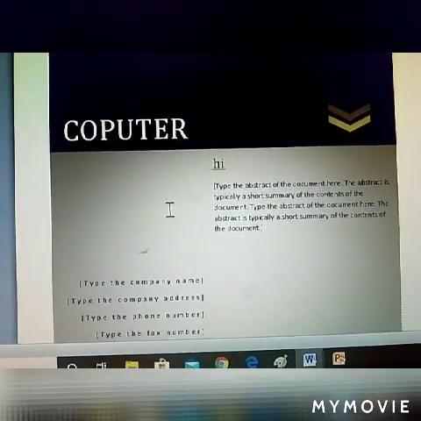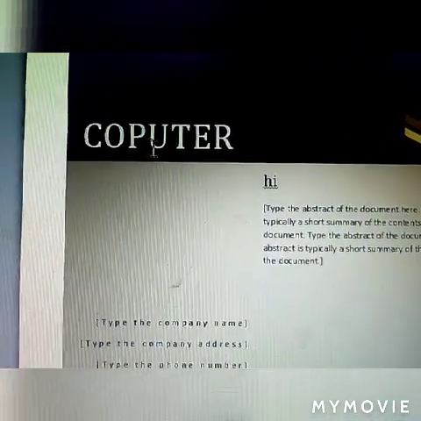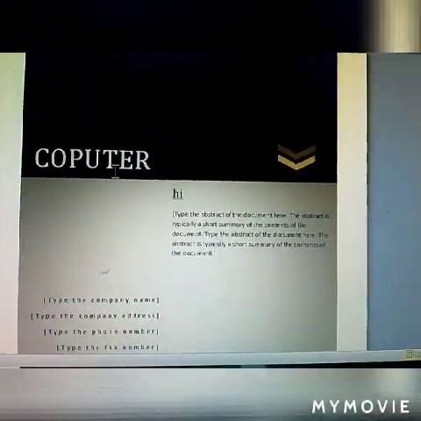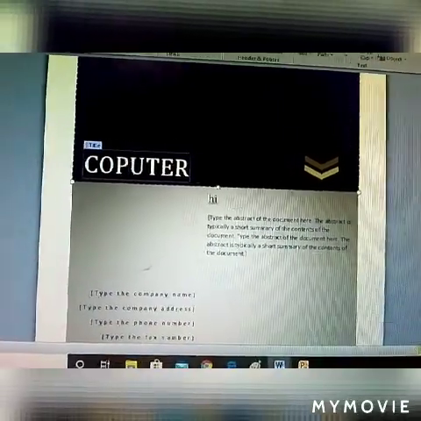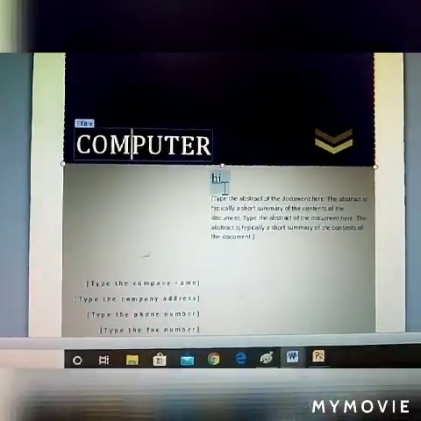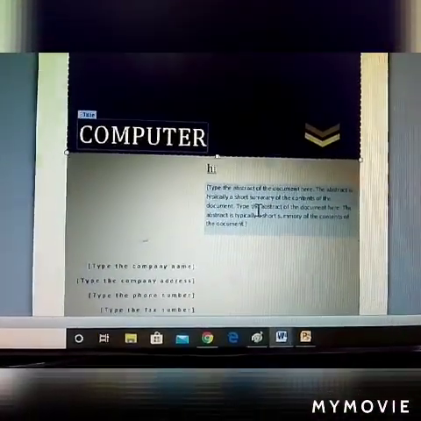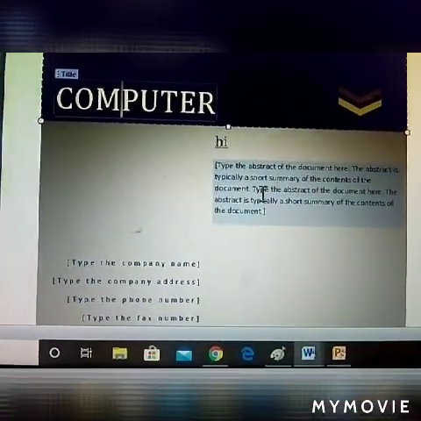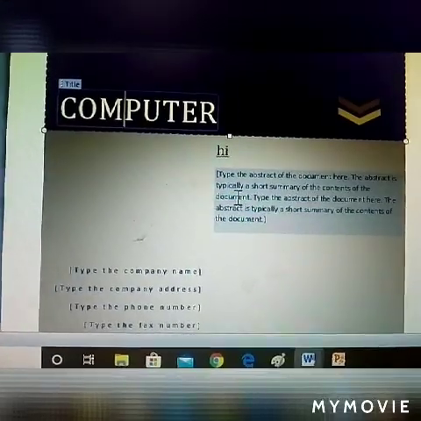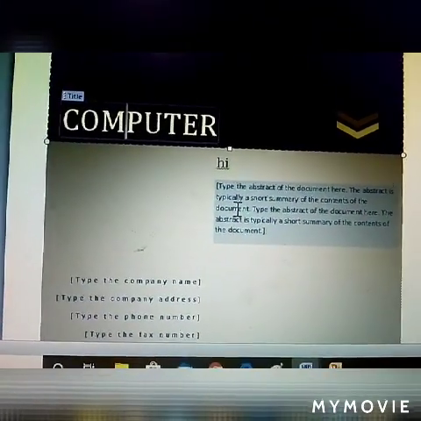Observe here, the computer spelling you gave is not changed. Only the background of the cover page is changing. The information you gave on the previous cover page is not deleted.